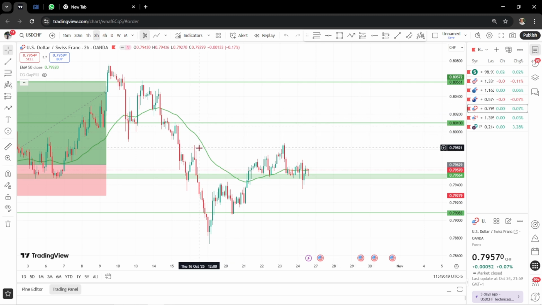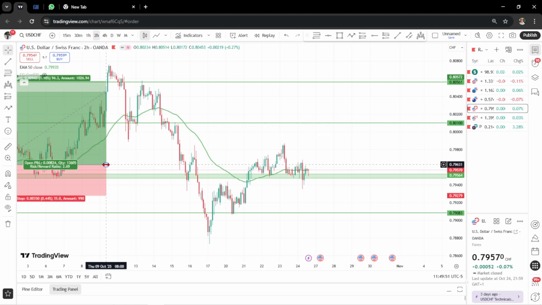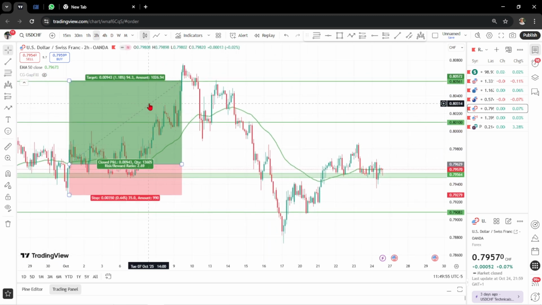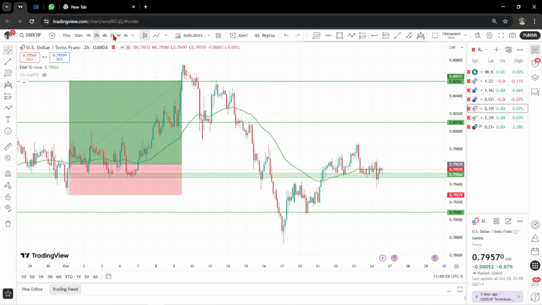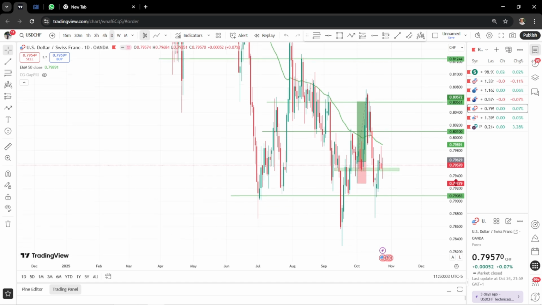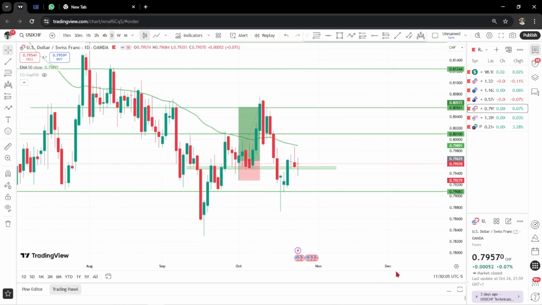So like I told you guys, this was a trade I took last week. Very beautiful trade. Go to my Telegram channel, you guys can see what I'm talking about. Now I'm seeing a new trade setup on USDCHF, but although it is not that clear to me,